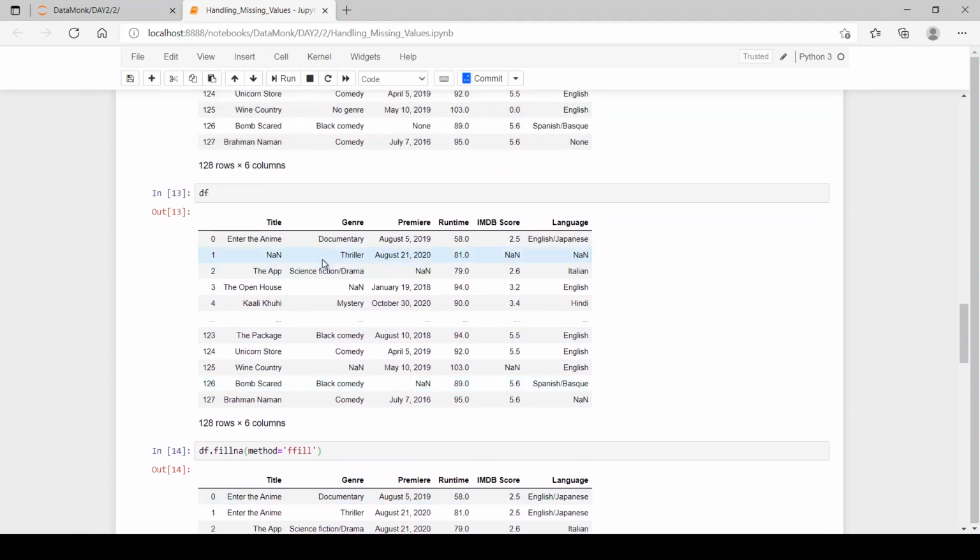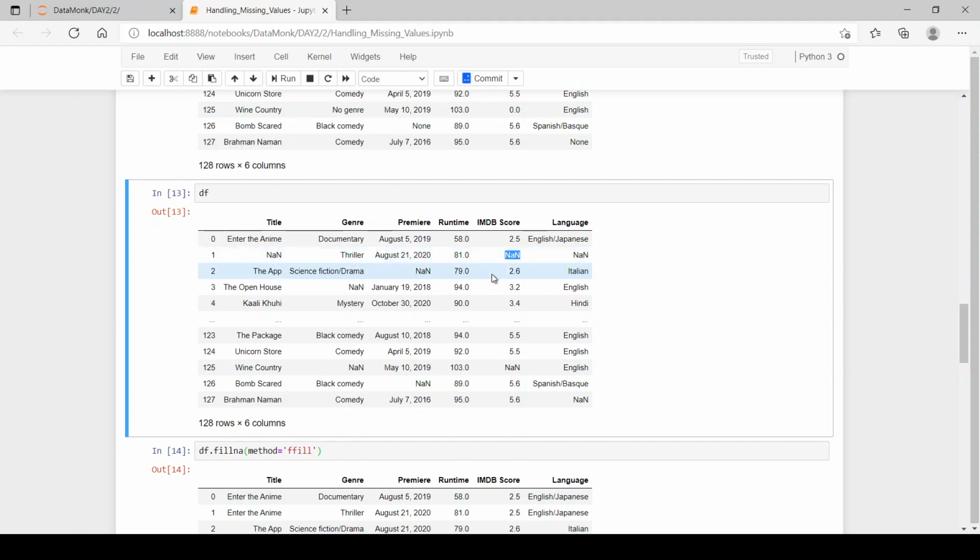What do I mean by that? See, now here I have thriller. So thriller will be replaced in this NaN value. And as we have a NaN value over here, it will remain as NaN because it copies this into it.